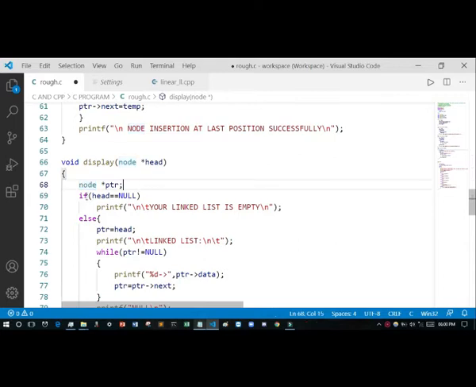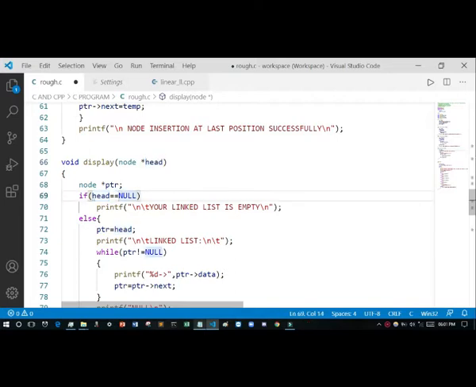Remember, previously we used double star, and here only one star. Why? Because I don't want to add or delete anything, I just display it. You can use a double pointer as well, but for easy understanding I have used a single pointer for display, so you only have to use head.